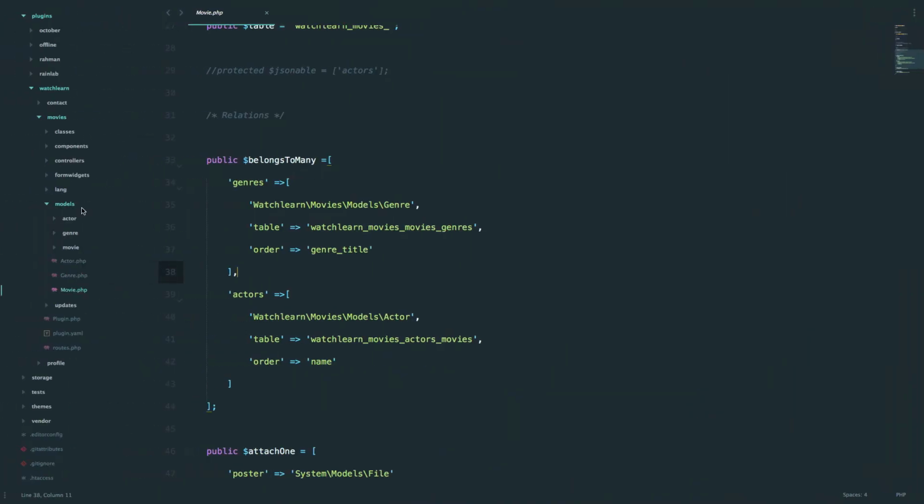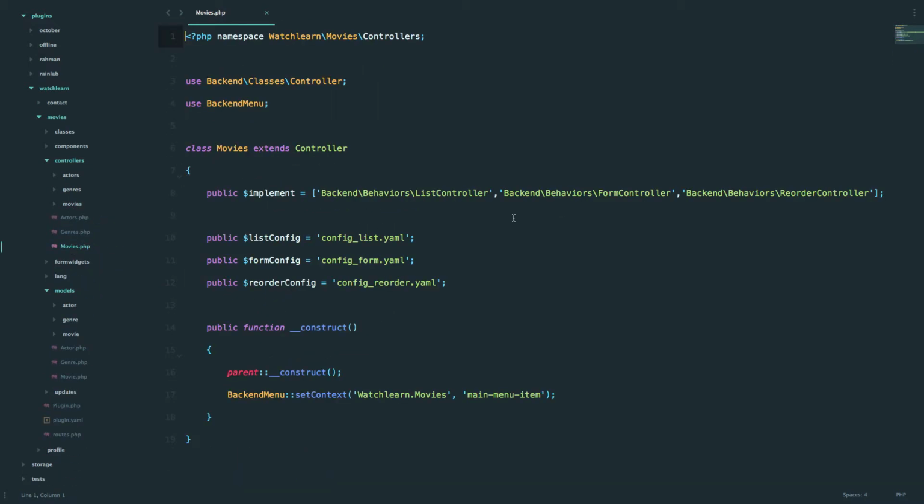Also, to actually start using Relation Manager, you would have to go to controllers, and then you go to the movie controller. So we go to controllers, movies, and now you have to implement that control. As you can see, we already have some controls right here. We have a list controller, we have a form controller, reorder controller, which you get out of the box if you are using a builder plugin. Now right here we have to create another control, which is going to be relation controller. So to do that, you just do